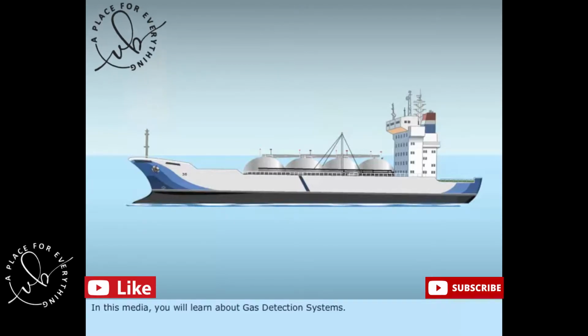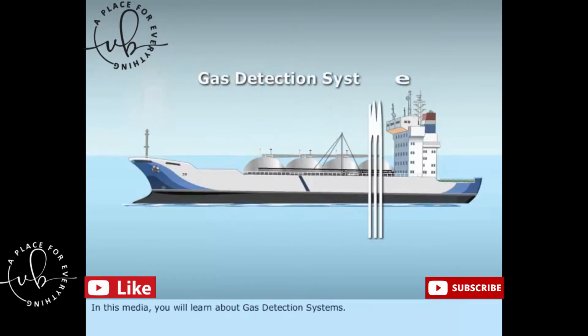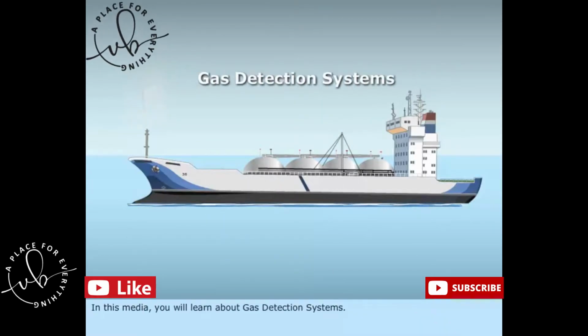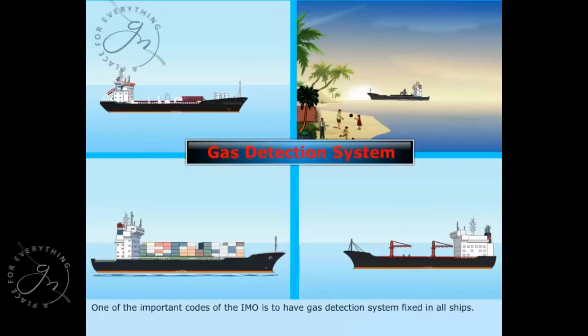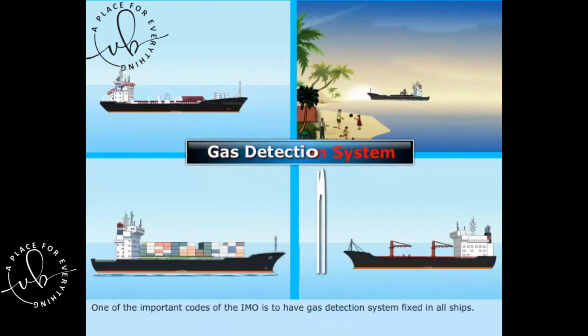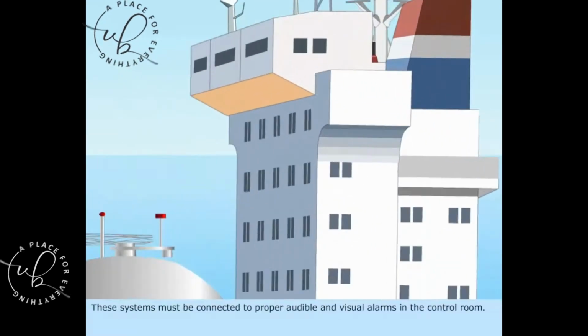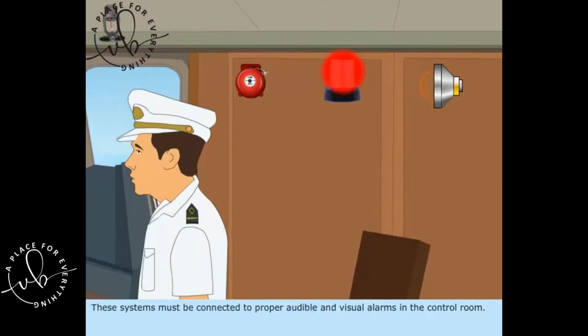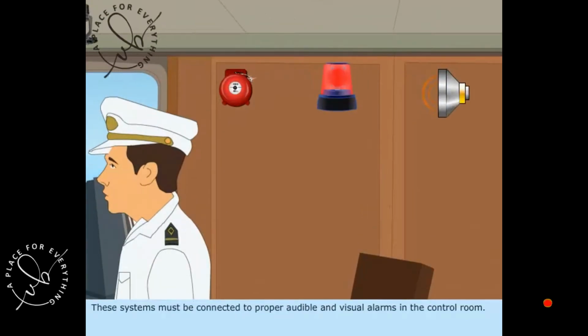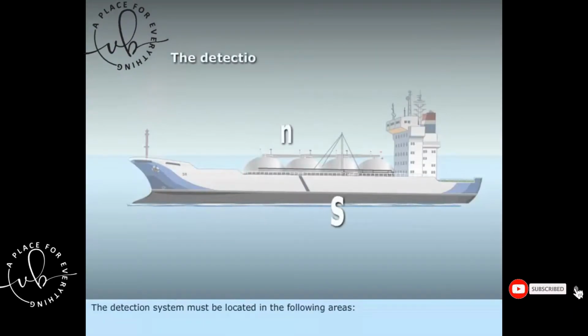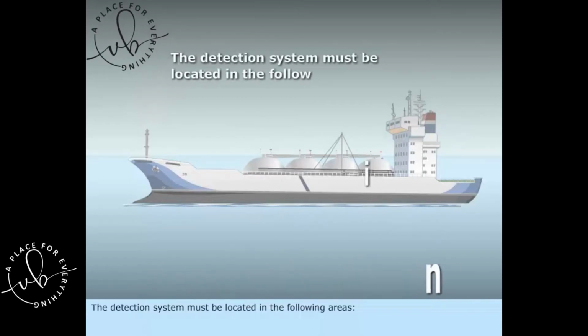In this media, you will learn about gas detection systems. One of the important codes of the IMO is to have gas detection system fixed in all ships. These systems must be connected to proper audible and visual alarms in the control room. The detection system must be located in the following areas: